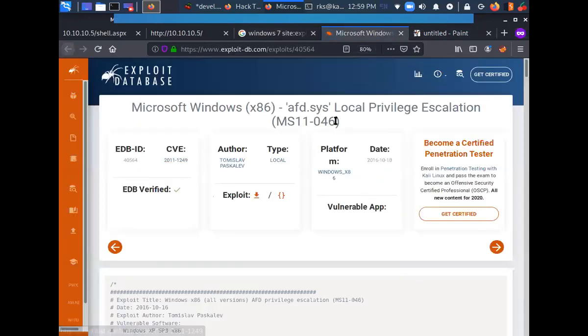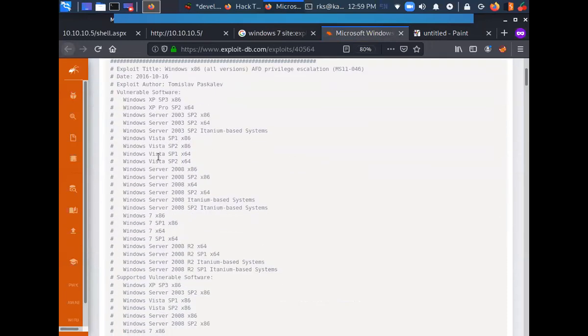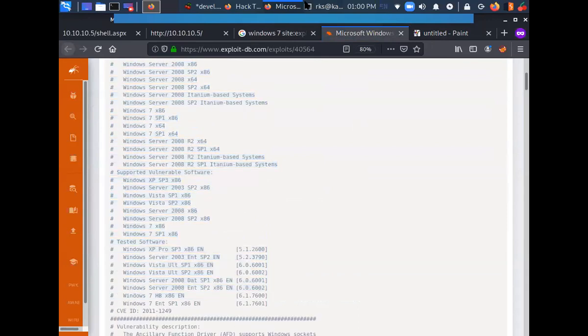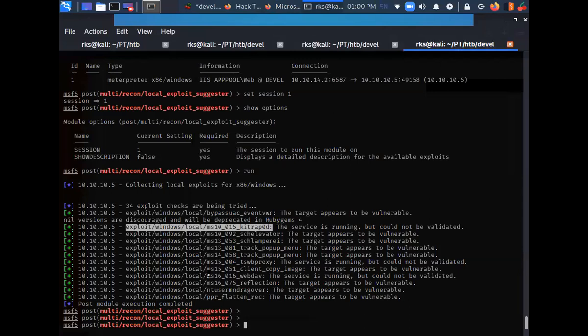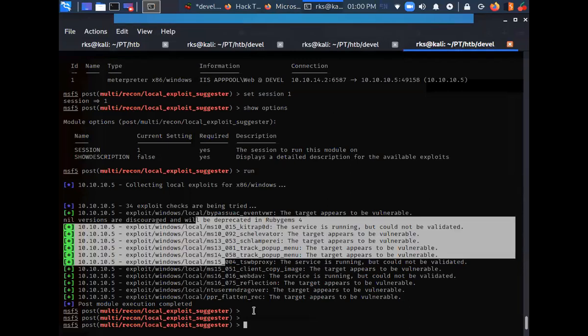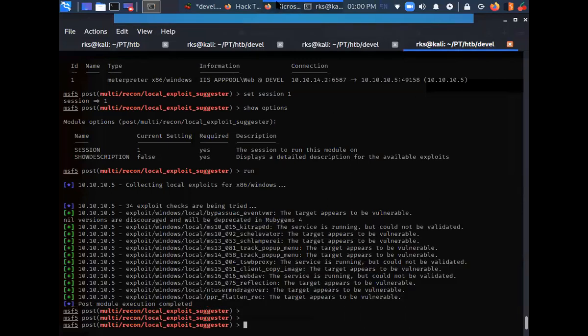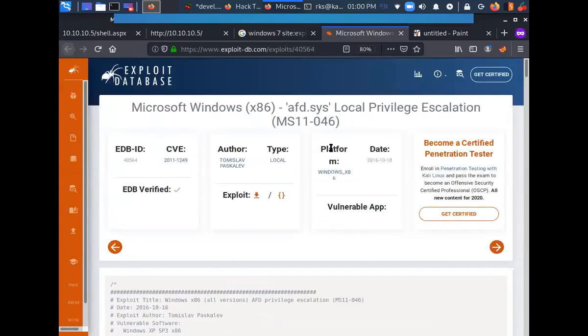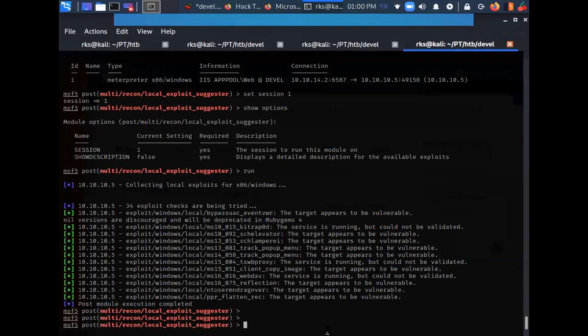So here I can see some exploits like MS11-046 local privilege escalation. And all of these operating systems are vulnerable to this. MS11, that is not available here. So anyways, I was just telling you, if you need to do it manually, you are going to do it this way, but I'm automating this stuff.